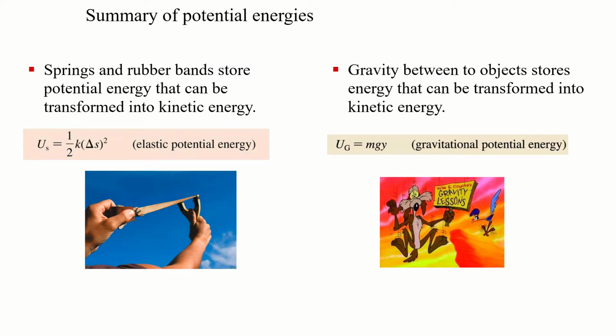In our previous videos, we introduced the idea of potential energies and the two types of potential energies we're going to focus on most in this class. The elastic potential energy, that's energy that's stored in stretched or compressed springs and elastics, and gravitational potential energy, the energy that's stored in an object's height. And the fact that if you release an object and it changes its height, that potential energy associated with its height can be converted into kinetic energy or other forms of energy.